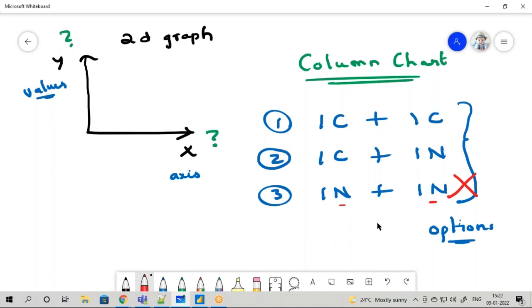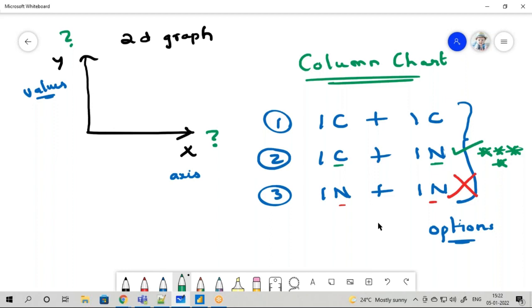column chart is really good for analysis of categorical data with numerical data. So this is the right combination of categorical data with numerical data to plot your column chart.